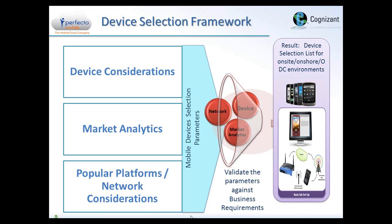and say China, they might have a unique mix of devices versus businesses that are only doing business here in the U.S. And so we have to really kind of look and weigh that in. Now, that's our target parameter set. Cognizant works with the customer to deliver, but the most important thing is this funnel, right? All of these are funneled in, and we have to validate our assumptions against the parameters that are defined by